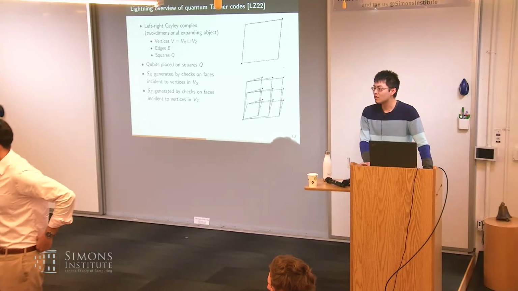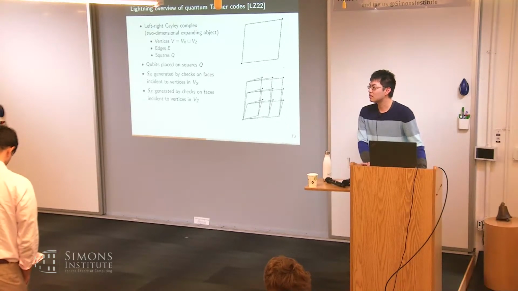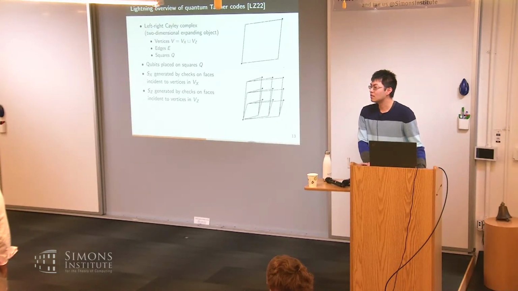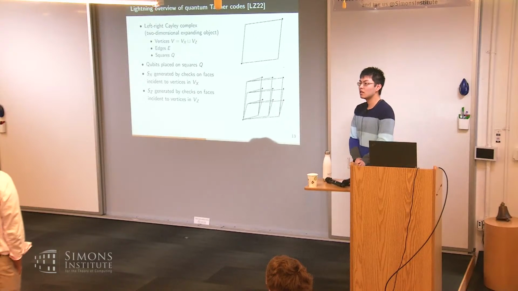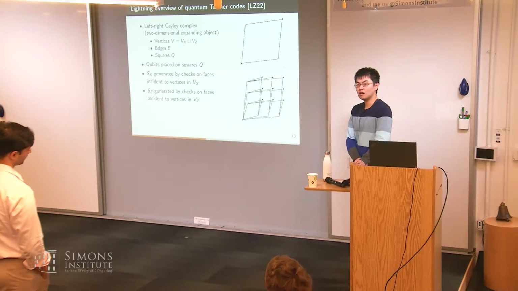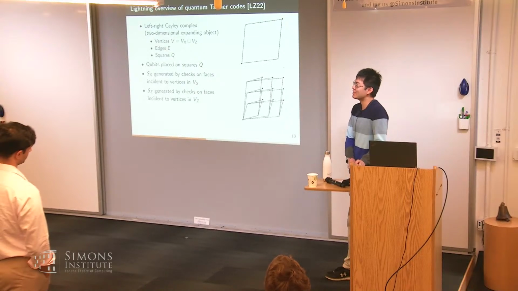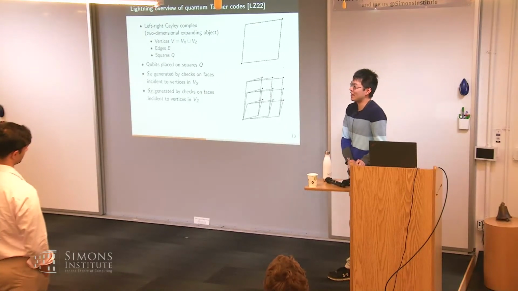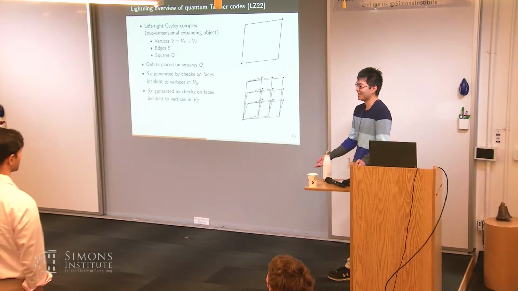So, do I understand correctly that this algorithm, you didn't really talk about it explicitly, requires some sort of expansion in the code? Yes. So it wouldn't work for any code that can be embedded in D dimensions, which therefore doesn't have any expansion, or you don't know? Well, I guess it would have to depend on the specific code. So that's one of the things, right? We don't have a systematic way to analyze these small-set type decoders. So every time you get a code, you have to try to redo the proof.